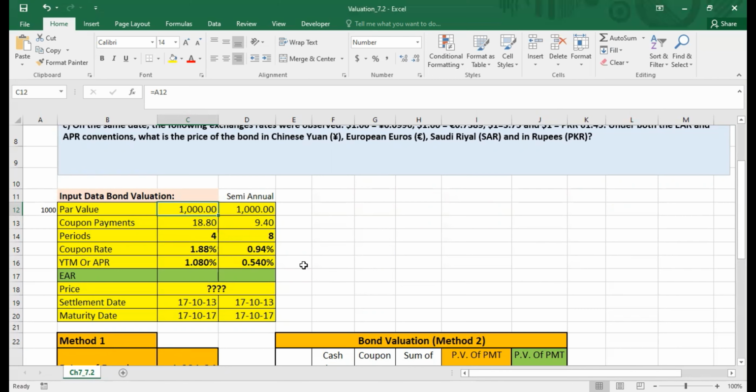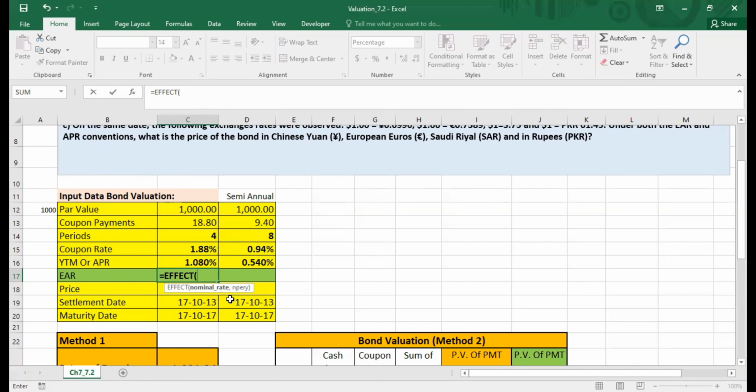Calculation of EAR, which is also known as effective annual rate, is very simple. For the effective annual rate, we are going to start with equals, as you already know that a function basically starts with equals, then EFFECT, and then we start the parentheses. When we give the parentheses, there are basically two arguments required by Excel. The first one is the nominal rate.